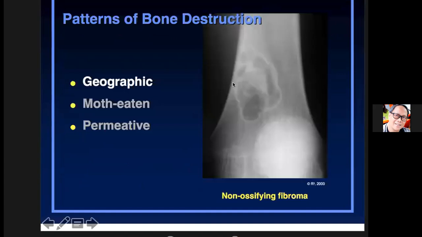This border demarcating the lesion from the rest of the normal bone. Okay, so this